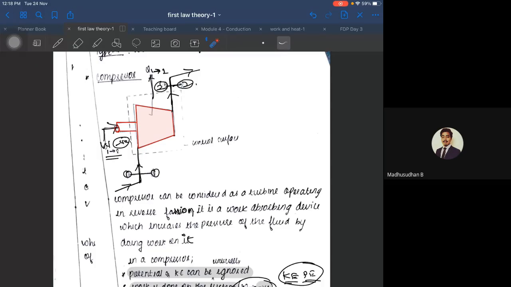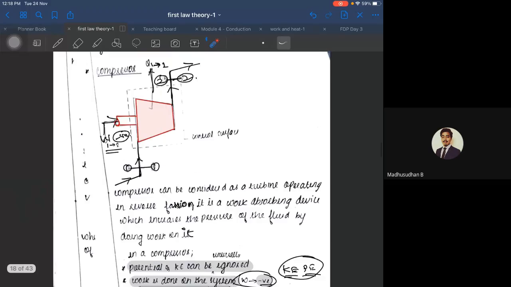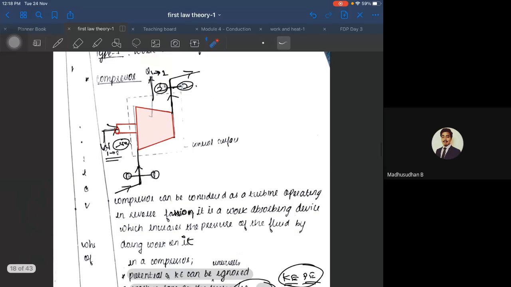Positive, if it is work done by the system. If the system is not giving you work freely, you should do work on the system, then it is positive or negative? Negative. So if the system is giving you the work, then it is positive. If the system needs work, you should spend work on the system, like in a compressor. If you are working on the system, then it is negative. Okay, the same thing. In this case, this is the datum height, suppose Z1, and this is the datum